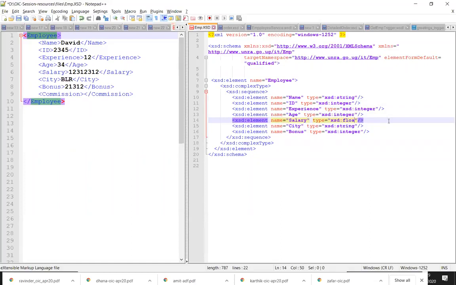You can do that also. If you make it only integer, then the XML which says I am conforming to such and such XSD, and in the XSD the salary is defined as integer, then you cannot have decimal values for such salary. So you have to make sure your XSD is properly designed, which will represent your actual XML requirement.